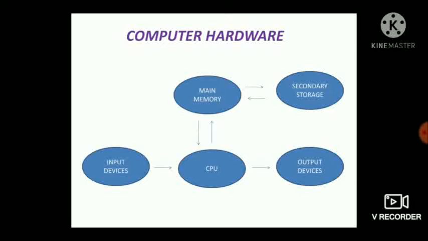A computer is a machine that can be programmed to accept data, that is input, and process it into useful information, that is output. It also stores data for later reuse, that is storage. The processing is performed by the hardware. The computer hardware responsible for computing are mainly classified as follows.